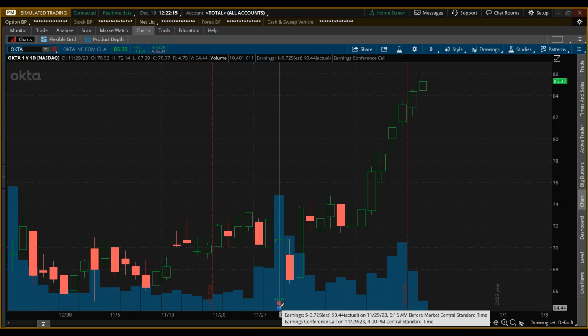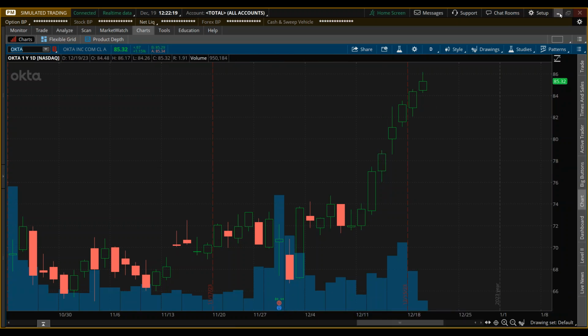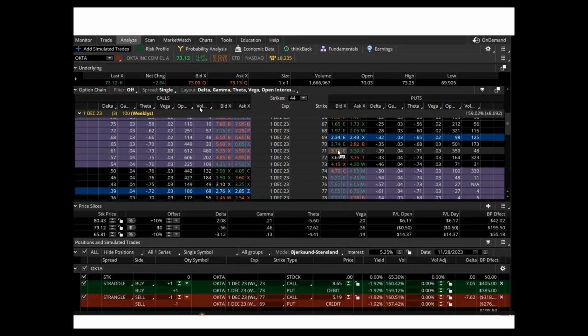Before the open on the 29th. Okay, perfect. So that's the same as after the close on the 28th. And this was the 28th. I'm 98% sure. Could be wrong, but I'm pretty sure this was the 28th. Let me look at the calendar quickly. I guess it could have been the 27th, but sometimes we have these webinars on Monday. But anyway,